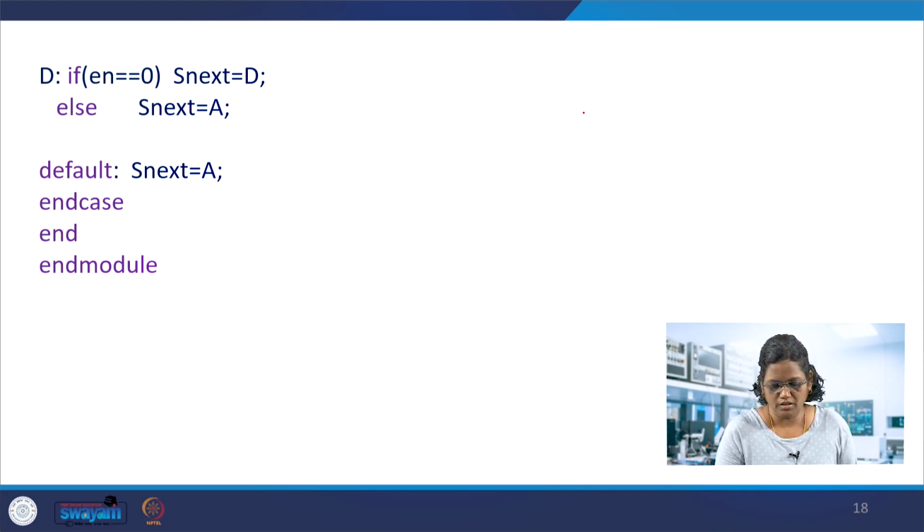Especially we look at styles 1, 2, 3, 4, 5, just to optimize the code with one always block. It is also good to have 2 or 3 always blocks, but if you have multiple always blocks, those are concurrent, and inside each always block the statements are executed sequentially. So that needs to be taken care of.